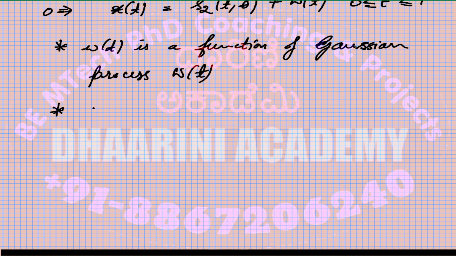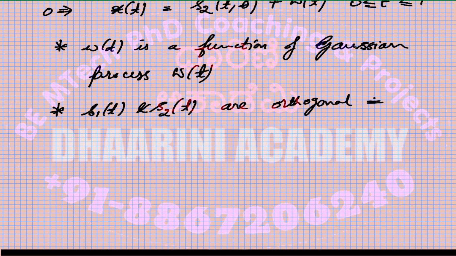I'll quickly write that S1 of t and S2 of t are orthogonal. This implies I have to select phi 1 of t and phi 2 of t such that,